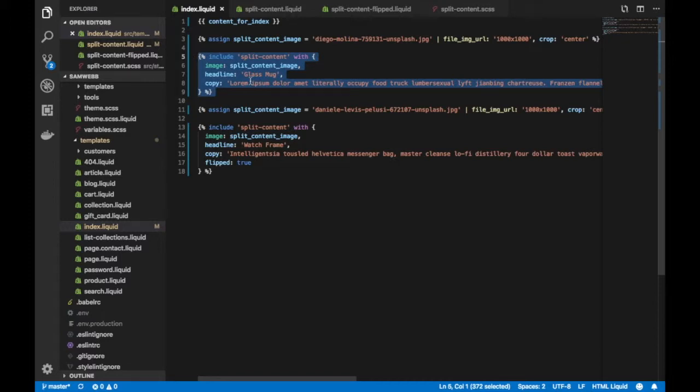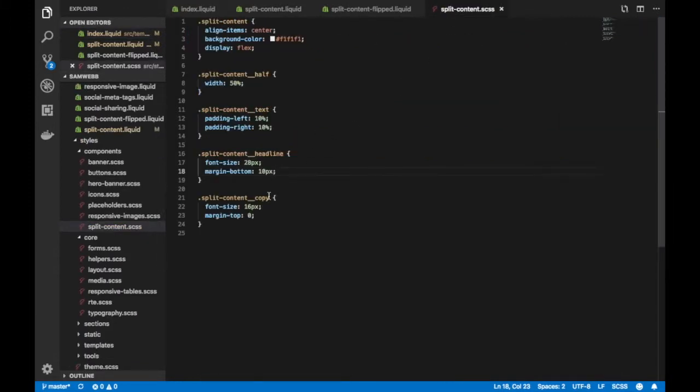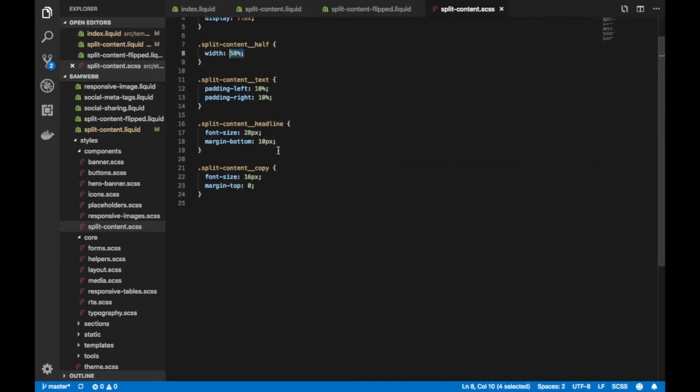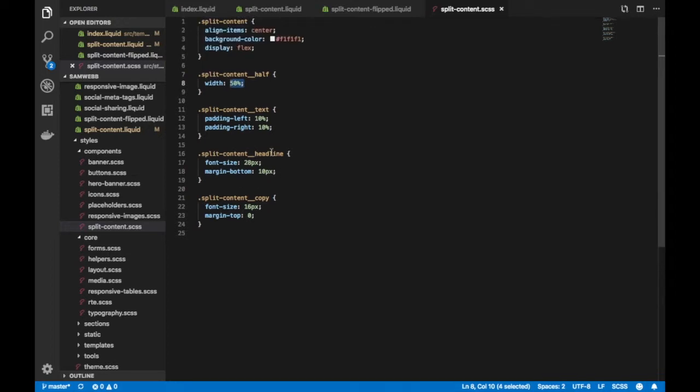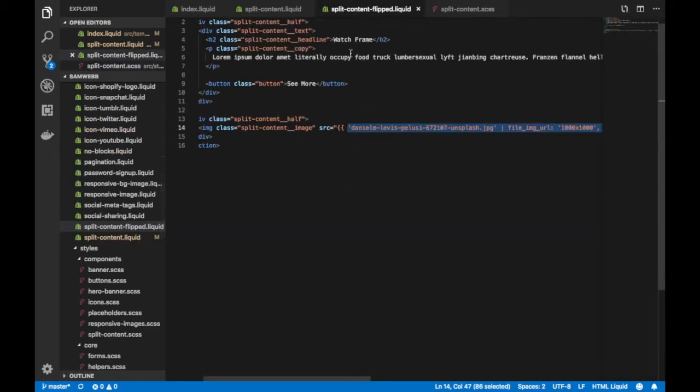You've already got the HTML, you've already got the CSS. And really quickly, I'm just going to hop over and show what the CSS is that was set up for that. It was very simple. It's using Flexbox and aligns the items center, gives them a slightly darker than white, a really light gray background, puts them both at 50%, throws a little padding on the left and right of the text, and then does some font size stuff and some margin stuff. So nothing too crazy. No mobile styles are set up. I'll probably set those up later, but for now, those are the styles for this, which is nothing too crazy. And at this point, we don't need this file,